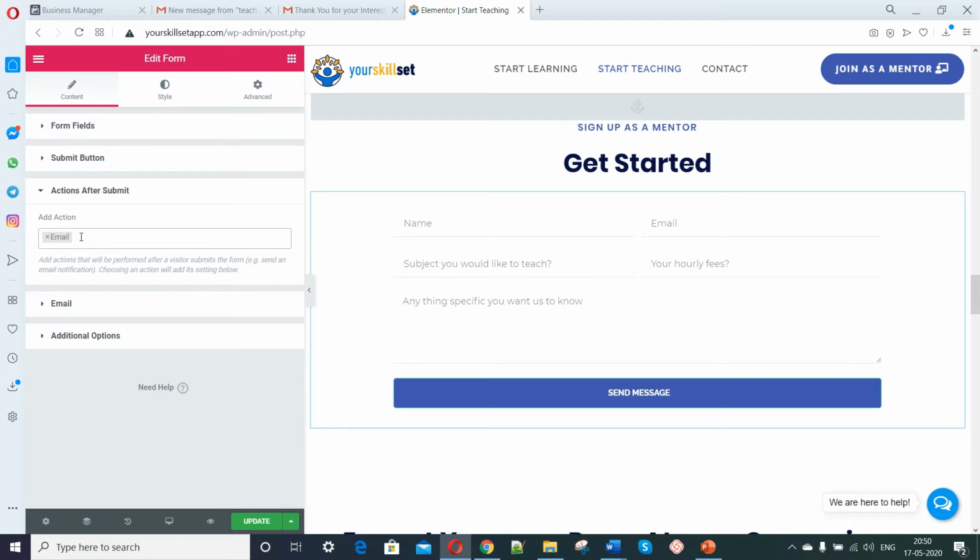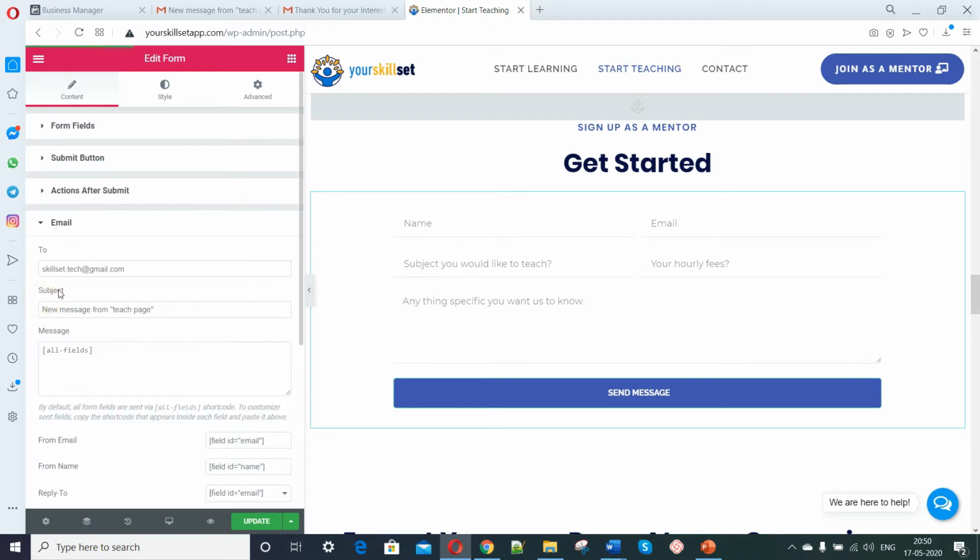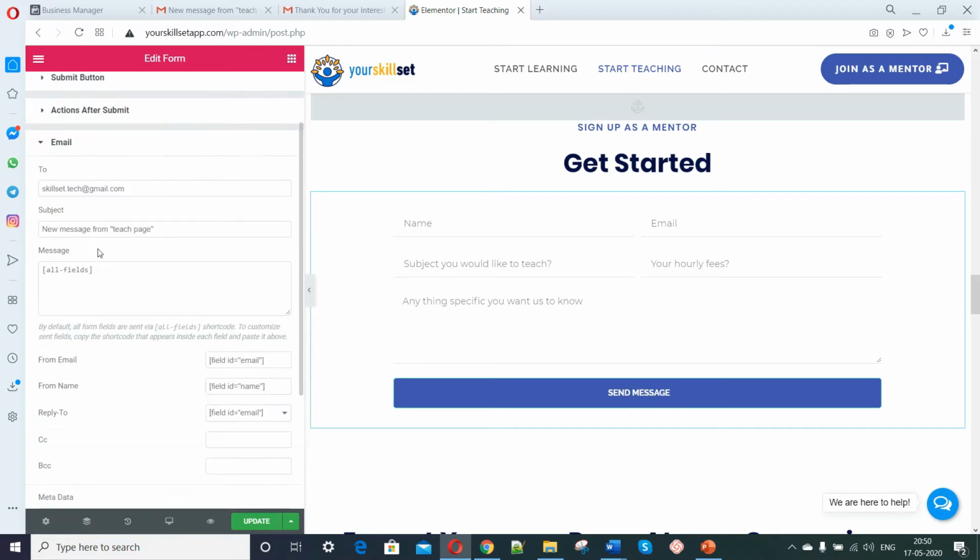So email, under email, how do you set it up? So as soon as you add email, you'll find that a new section is appearing over this area. Now under actions after submit, if you're selecting email, that means that whenever someone fills up this form, this information is going into your email ID. Now where do you select which email ID? So this is a new section that is just appearing over here. So just click on the drop down menu over here, drop down button, and you'll have the option to select or type in the email ID into which you want to push in the information.